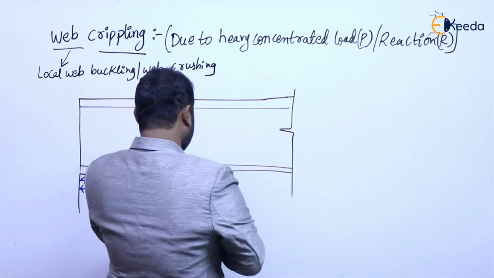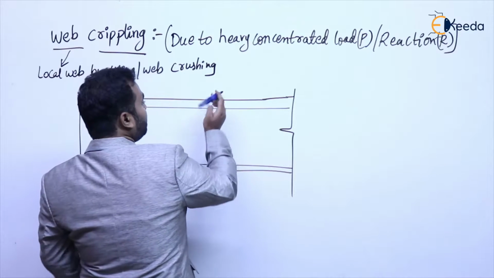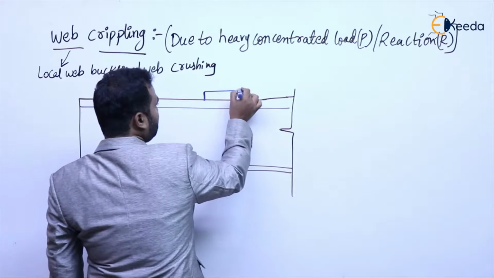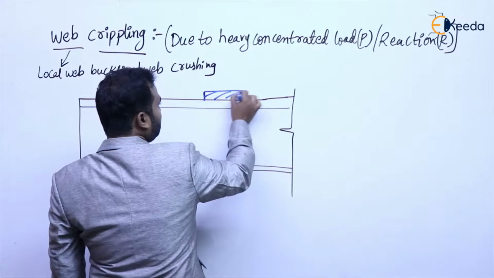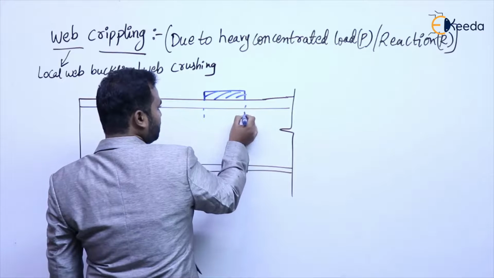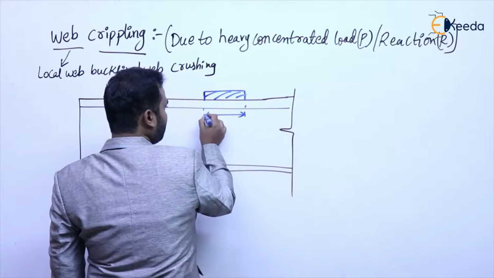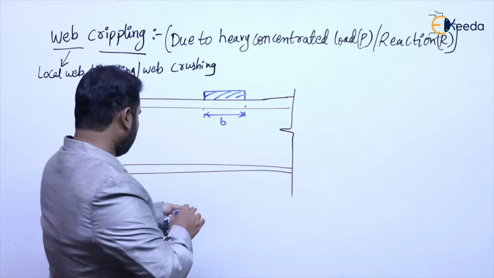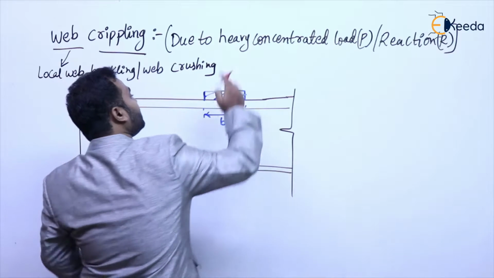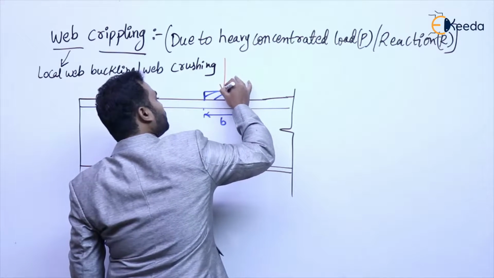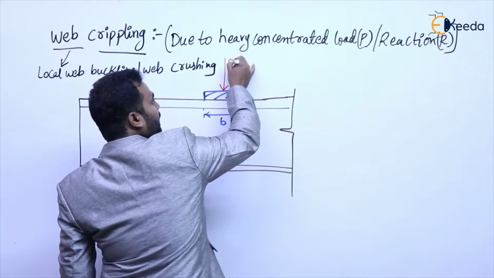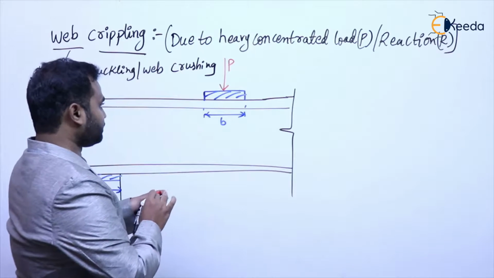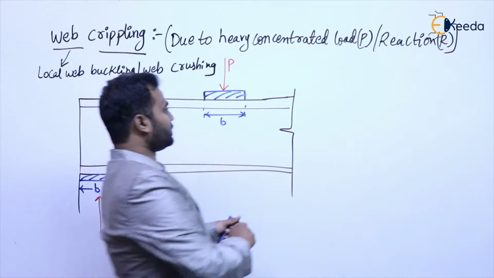Now in the span, here is the bearing plate whose width is B. So this width B is also called the stiff bearing length. And on top of this bearing plate, a heavy concentrated load is going to act. And if you see the cross-sectional view,